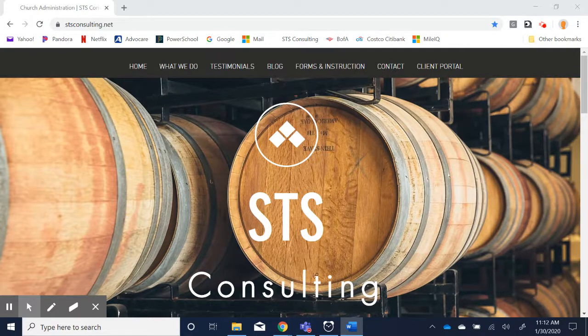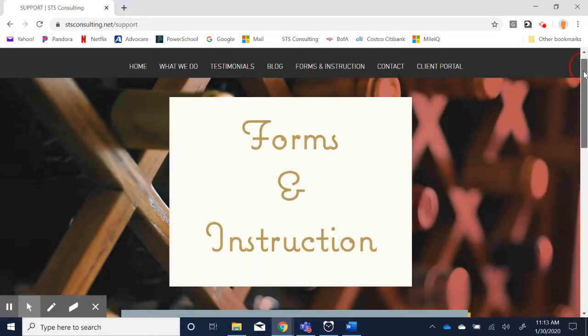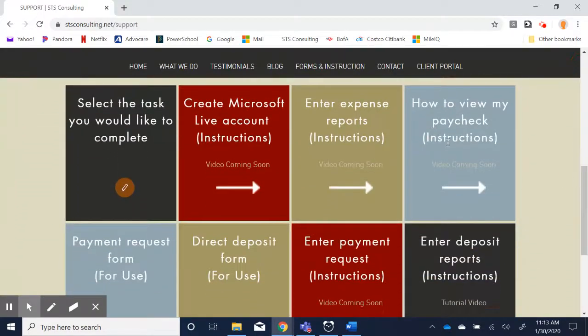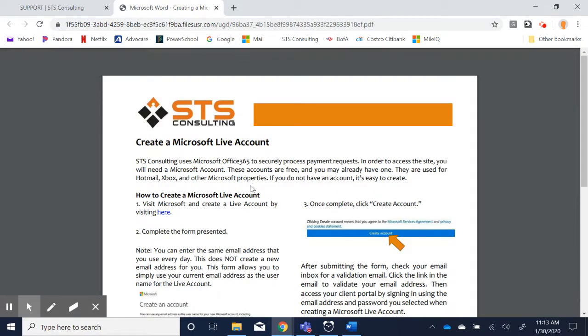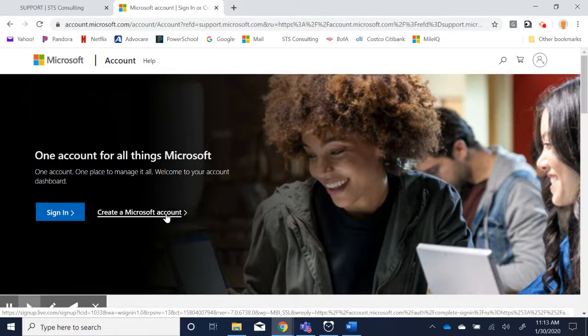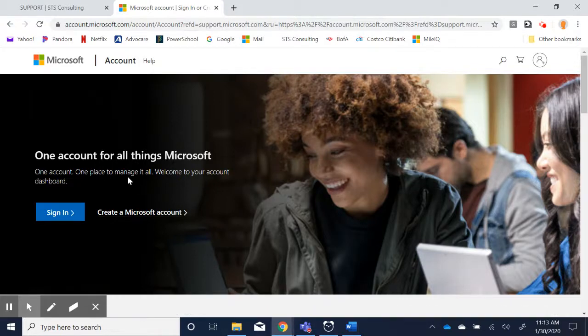Let's get started. In order to submit an expense report in the client portal, you will need to first have a Microsoft Live account. If you have not created an account already, instructions to do so are linked to the STS website under Forms and Instruction. Follow the instructions on the PDF, being sure to utilize a personal email to create your account and not one that has been given to you by an employer. After you have created your Microsoft account,